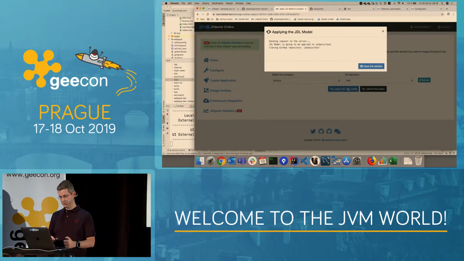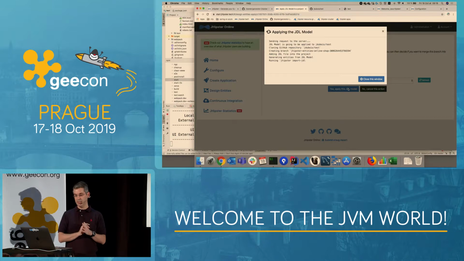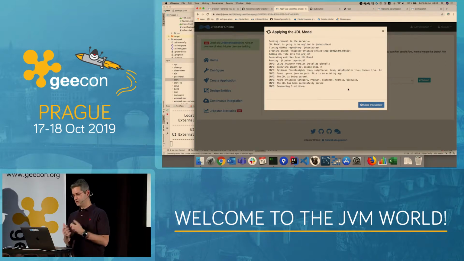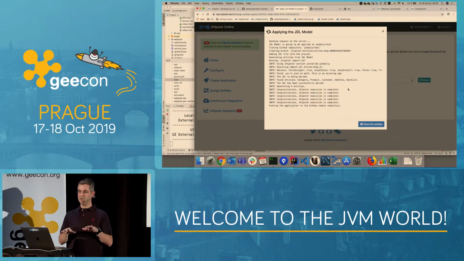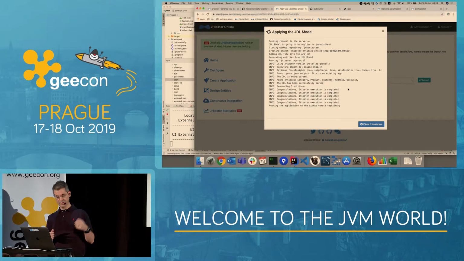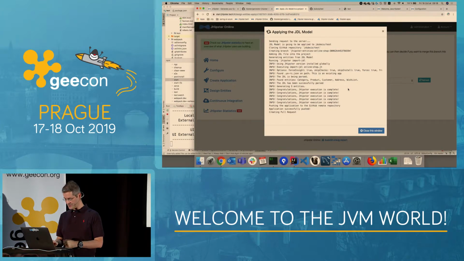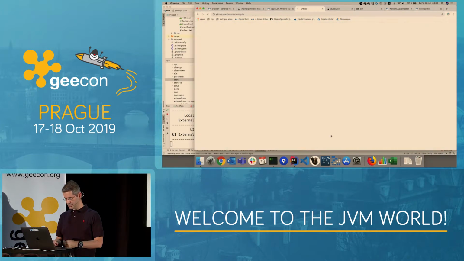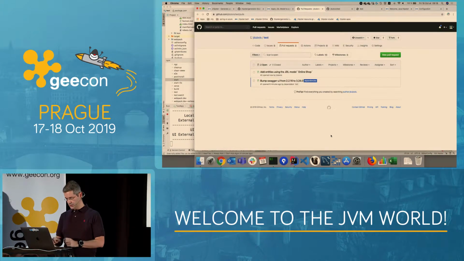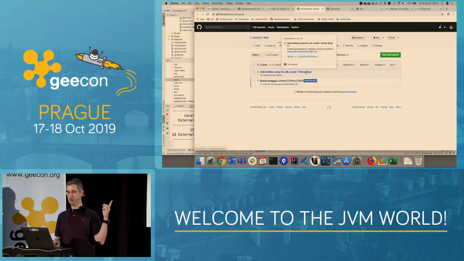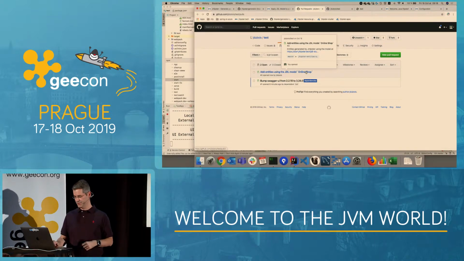Let's apply this. So this is going to generate all the entities for me, and it's going to send me a pull request for that. Once again, you can script everything. For myself, I usually do everything on the command line, but here it's easier. I'm not taking any risk on the demo. So here's my pull request. Let's have a look. As you can see, we're also working with Dependabot. That was my security vulnerability, so Dependabot allows me to solve it.